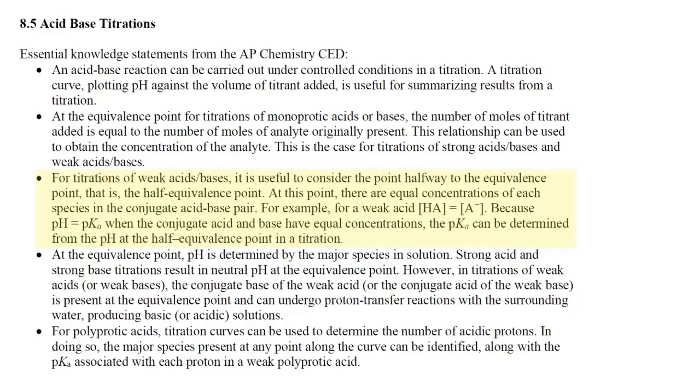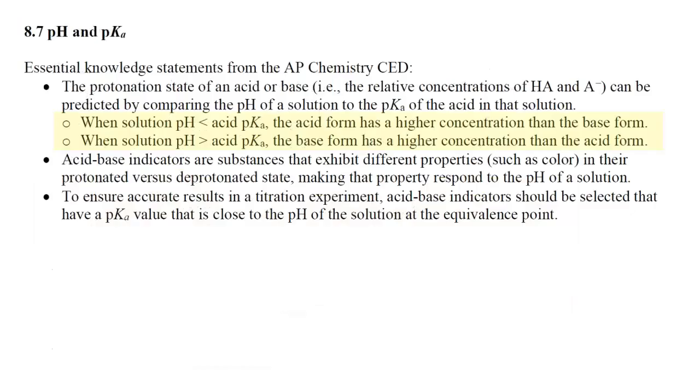At this point, there are equal concentrations of each species in the conjugate acid-base pair. For example, for a weak acid, the concentration of HA is equal to the concentration of A-. So that would be, for example, benzoic acid and the benzoate ion. They would have the same concentration at the half equivalence point. And then what's also relevant is topic 8.7, and I'm highlighting this portion of the essential knowledge statement, which says